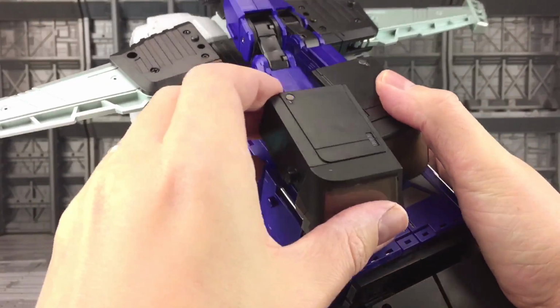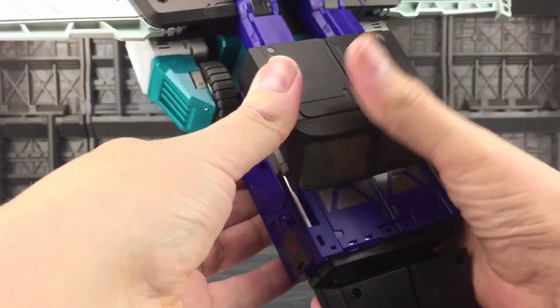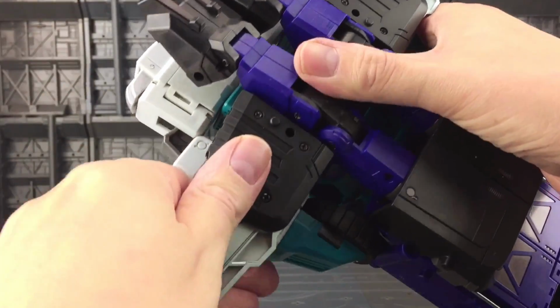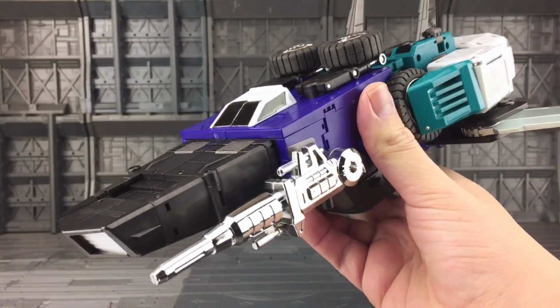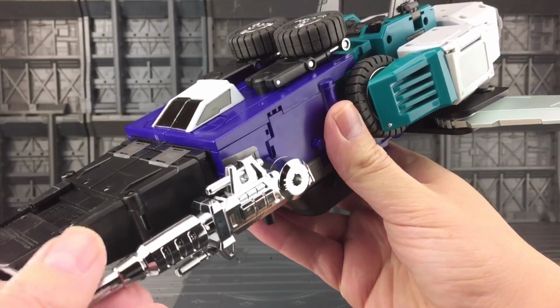So slide this down the slider, tab these two sections together, and then bend this section in and then tab it to the underside of the wing. Now we do have the option to pin the gun sections on the front. I'm not a fan of that, but this